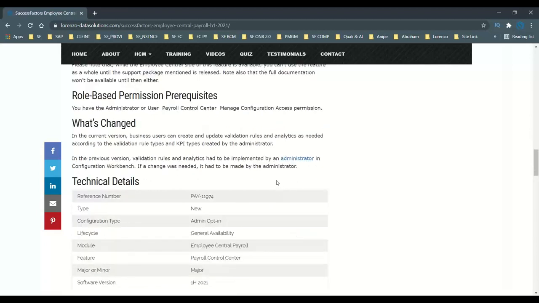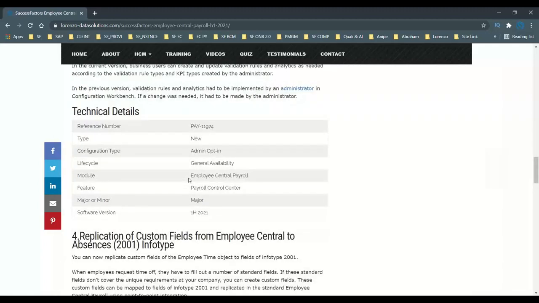As I told you earlier, the validation rules have to be implemented by the administrator. Earlier we used to have a workbench configuration, but now you have a business configuration, and you can directly work on that particular tab.